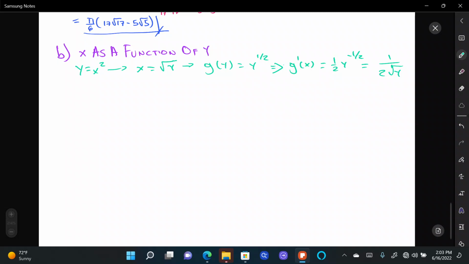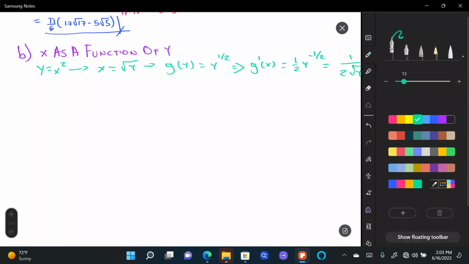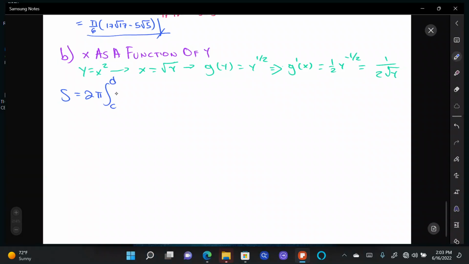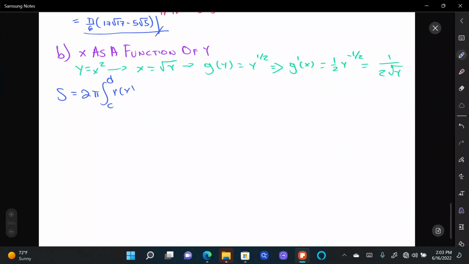And then, well, let's look at the region. So in this case, let's use the formula that's in terms of y. So big S equals 2 pi integral from C to D of r of y times the square root of 1 plus g prime squared dy. All right. Okay, so number one, we're not rotating this about the x-axis in